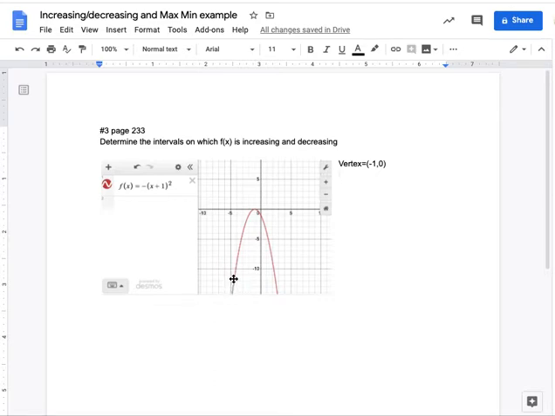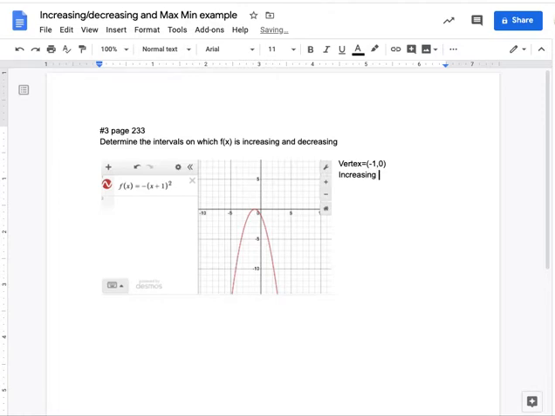Okay, so just by taking a look at this, you're tracing the graph. As we move along this graph, think about what's happening to your y values, the value of your function f of x. When we talk about intervals on which f of x is increasing, y equals f of x, so we're talking about when the y value is increasing. And as we trace the graph during this section, our y value is starting at a negative value and moving upward. Our function value is increasing. And when is it increasing until? Well, until it hits this vertex. So we can label that as increasing